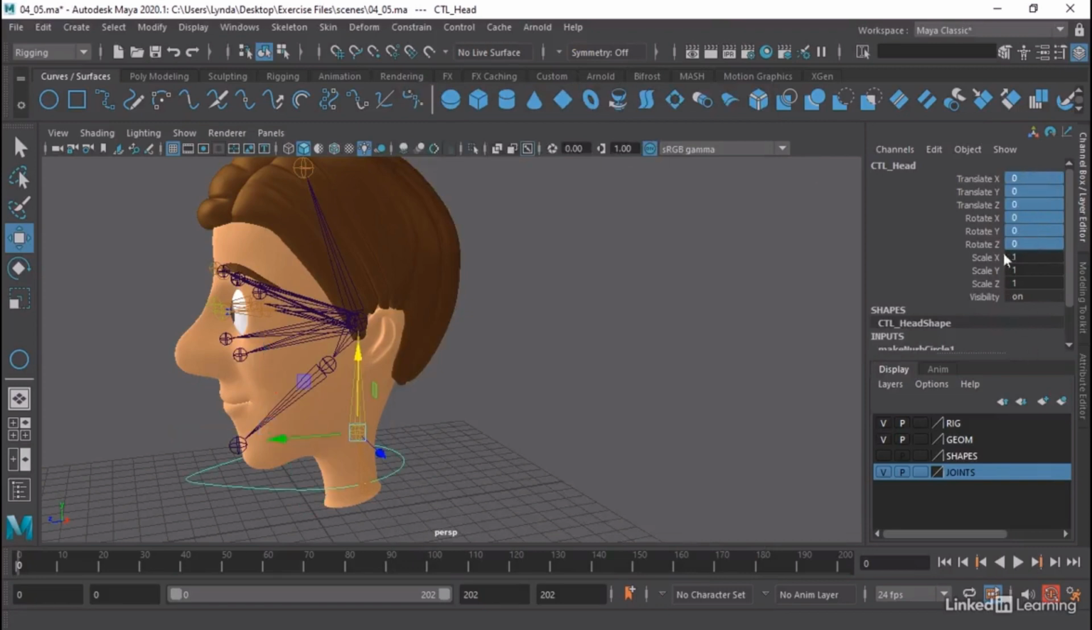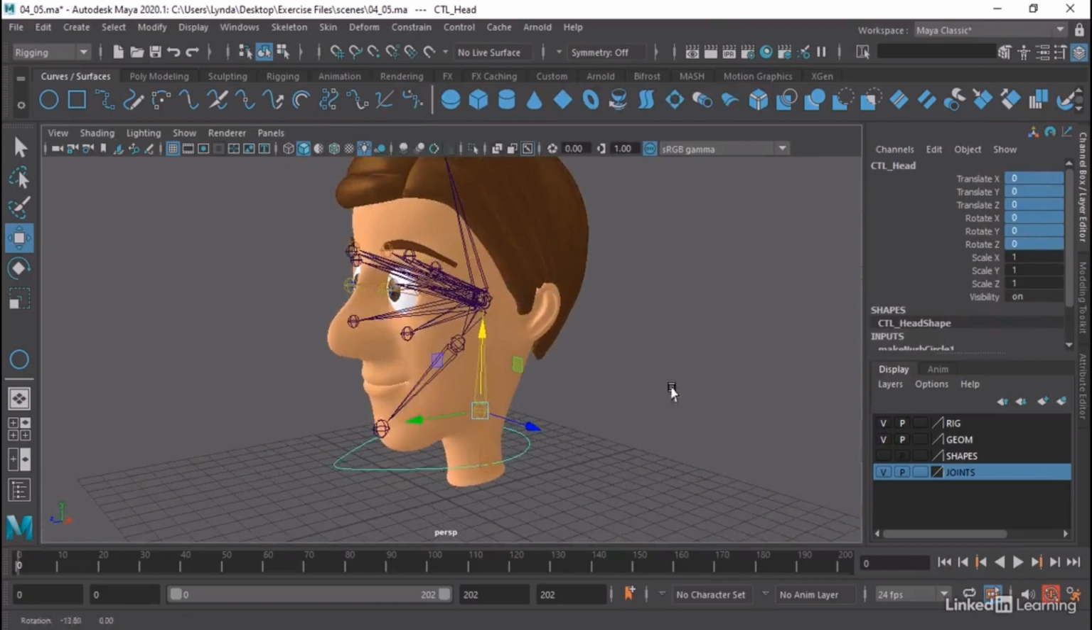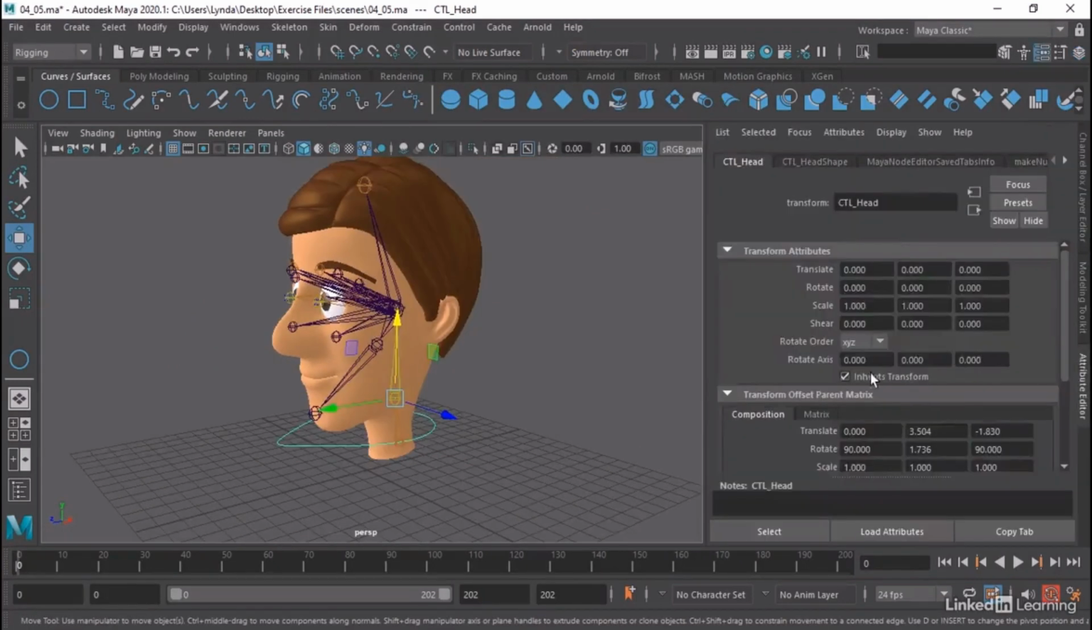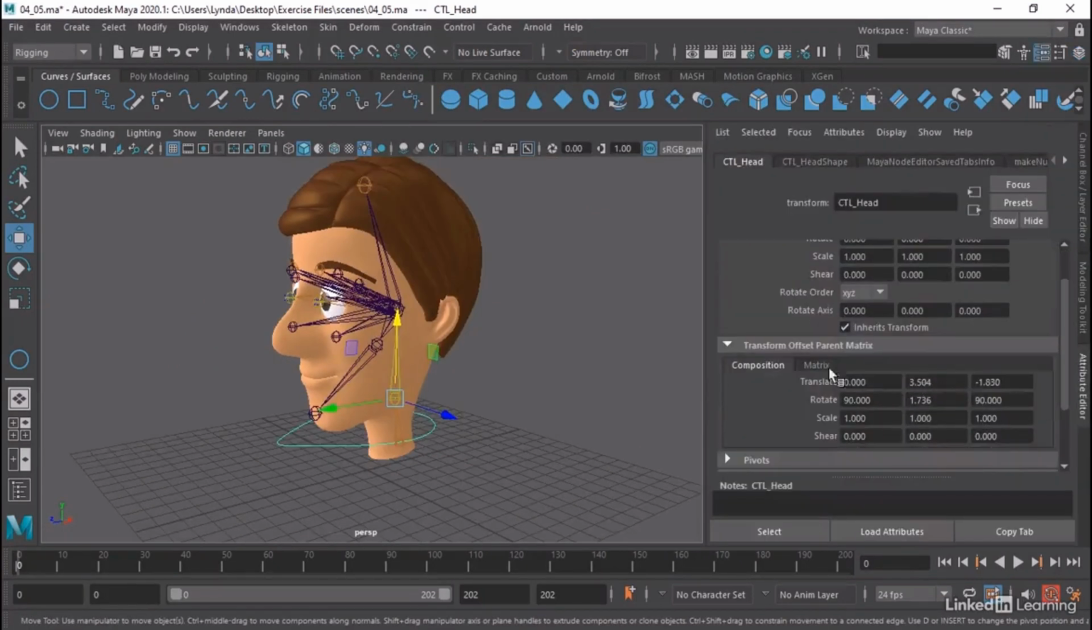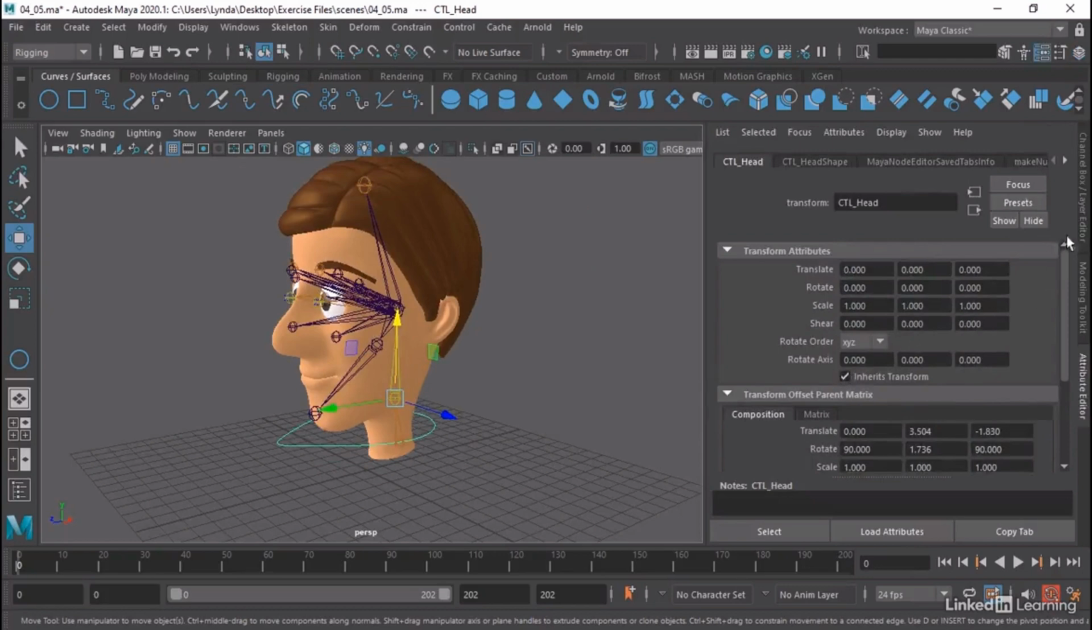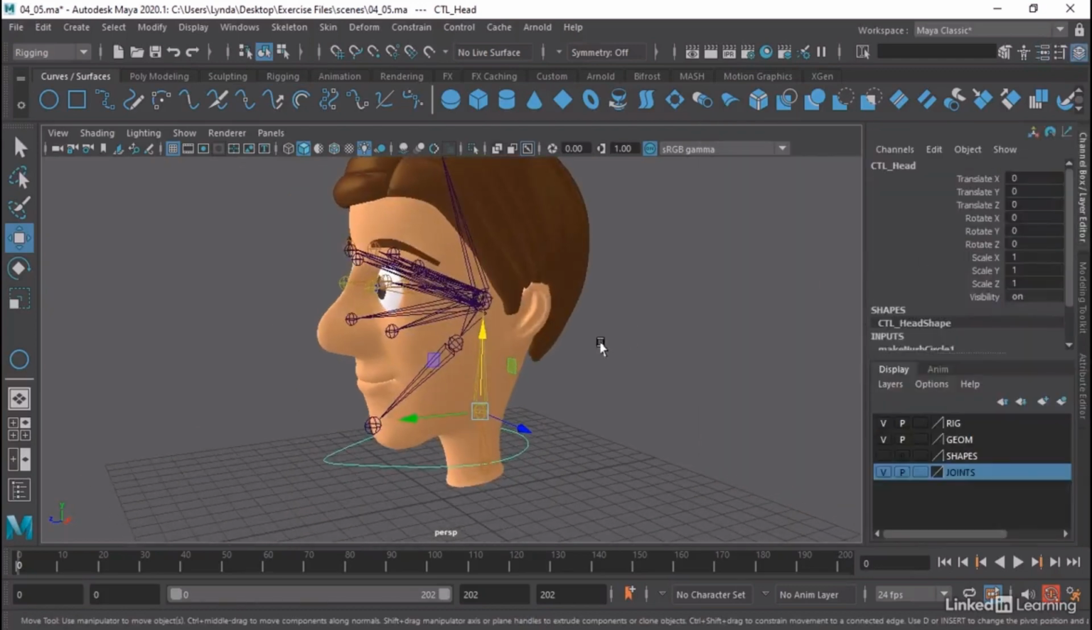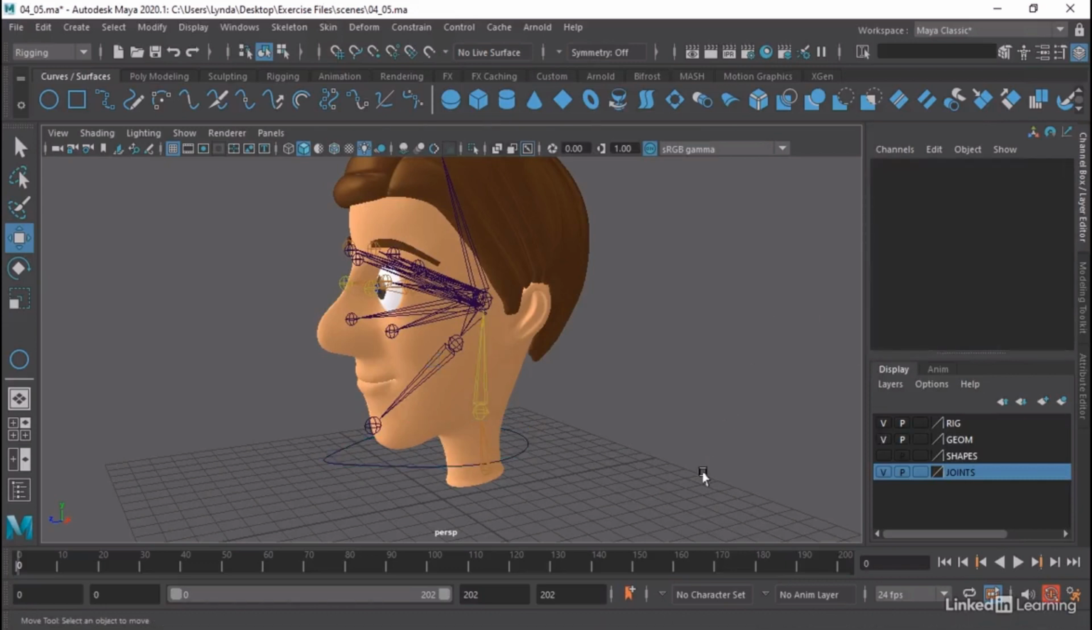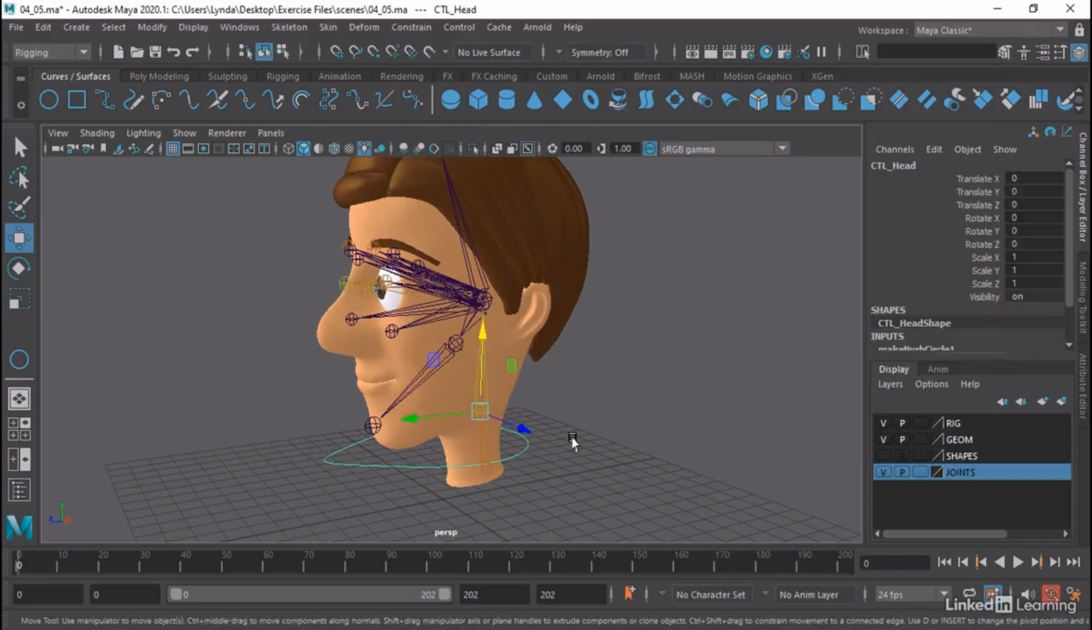So now there's 0 in the channel box and my control is clean, but if I go into the attribute editor, all those offsets are baked into that offset parent matrix. Very cool. So now that we have this, I've got a clean controller and I can connect it into my skeleton. So I'm going to select my controller, shift select that joint,